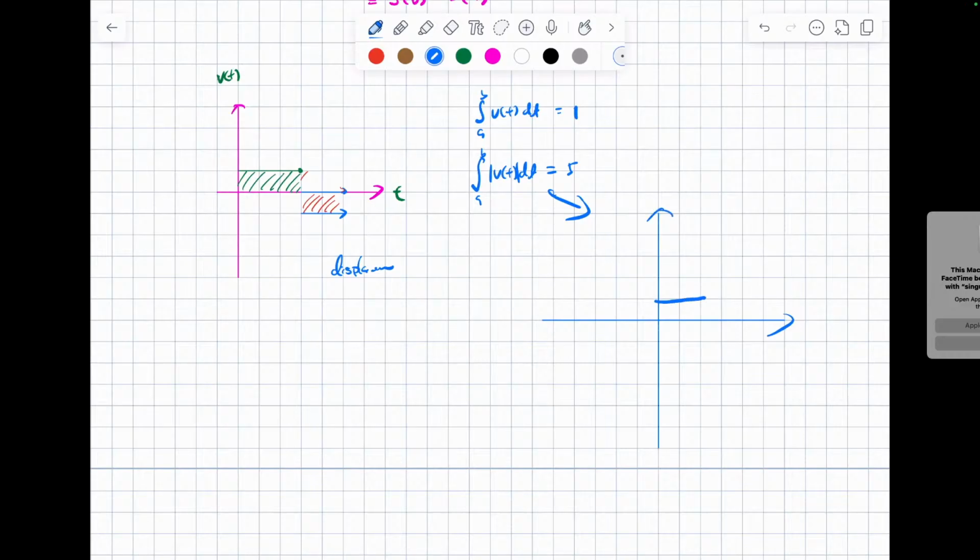So this graph here, which was down here, went up because the absolute value makes the negative become positive. Therefore, this area is 5. Does that make sense? One is 1, one is 5. Displacement is without absolute value. Total distance is with it. Okay? One last thing I need to talk about.